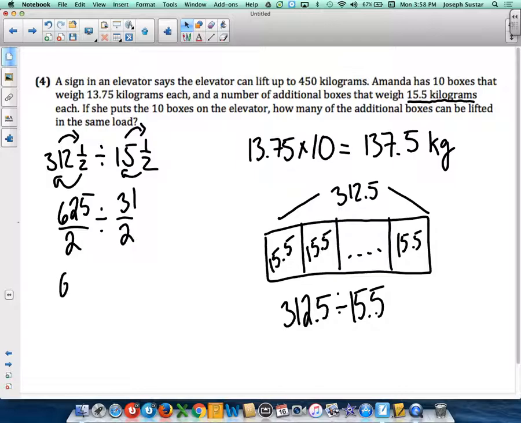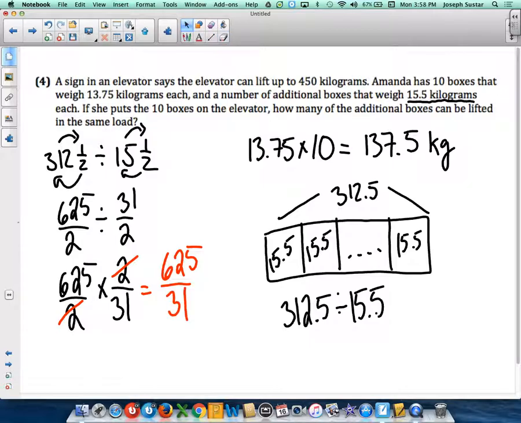Now I'm going to rewrite my first fraction, change this to multiplication, and take the reciprocal of our second fraction. I love that I have a 2 here and a 2 here. I can simplify those, cancel those out, and I end up with 625 over 31,